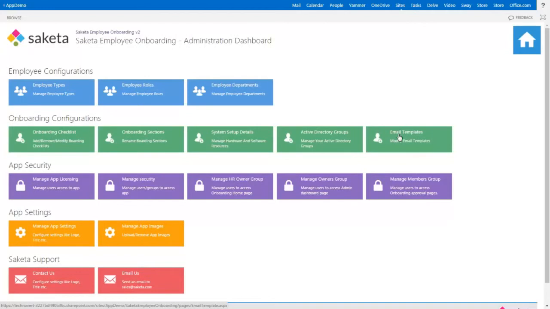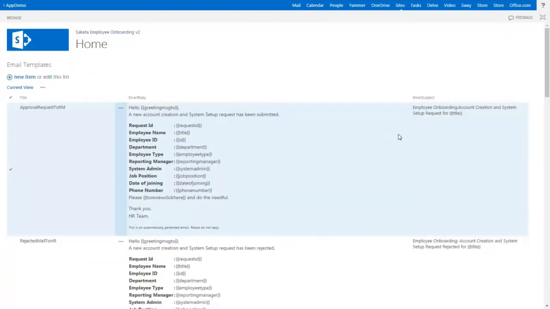And finally, we have the email template section. So they are timely notification emails sent at every step of the process, so that no step is missed, and so that the onboarding experience is made more efficient, and it helps both the organization and the new hire. This is where you can customize the content for those emails. So again, you can add an item or you can edit the existing items.